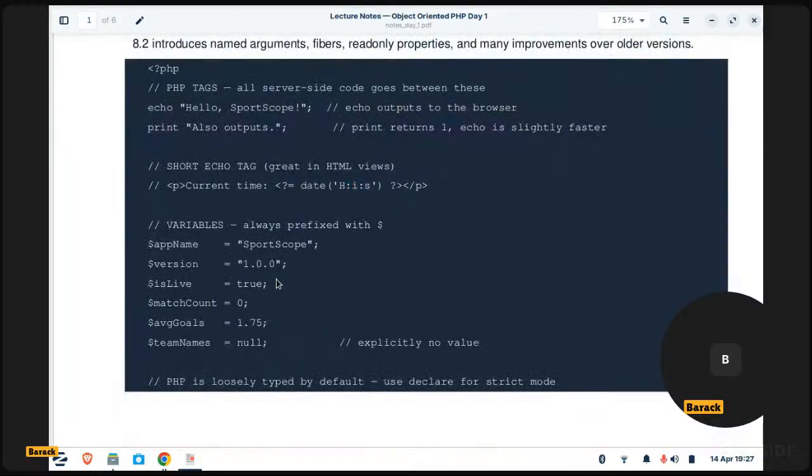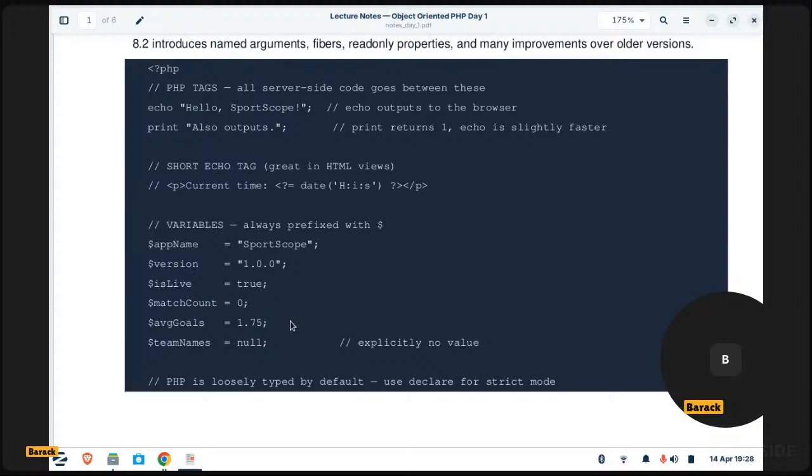And I talked about variables in PHP where I said use the dollar mark to start a variable name. You always recommend, just like in other object programming languages, to start your variable name with a lowercase letter, and in case there is a second name, in uppercase. So appName would be small letters app, then capital N, a, m, e. And I was mentioning that in PHP we have strings, we have booleans,